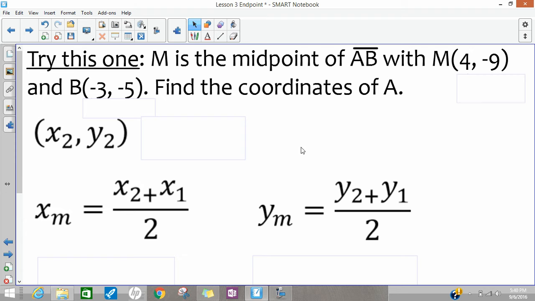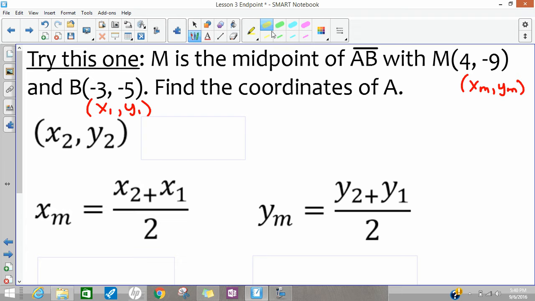So go ahead and pause the video here. M again is the midpoint, this time of segment AB. I've given you the coordinates of M and B, and I want you to find the coordinates for A. So I have my XM, YM, and I have my X1, Y1. So I just need to plug in. XM goes here,